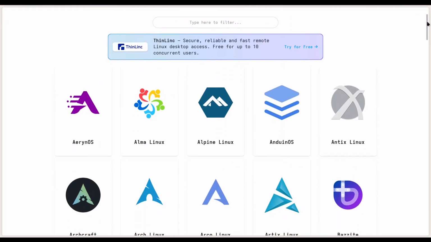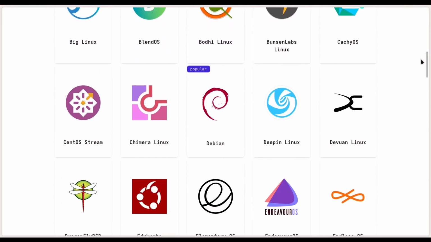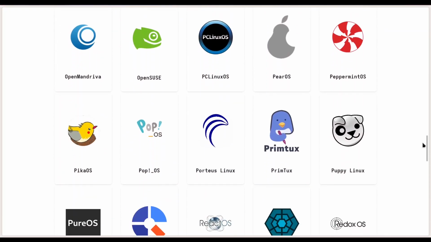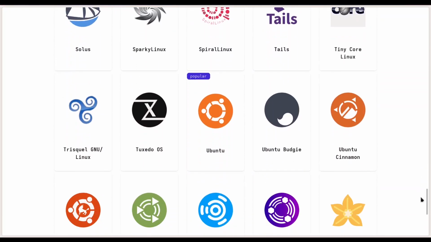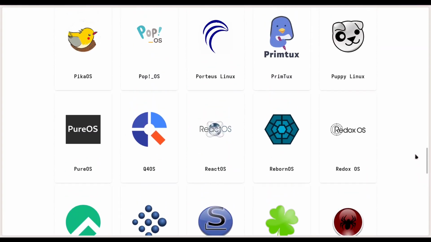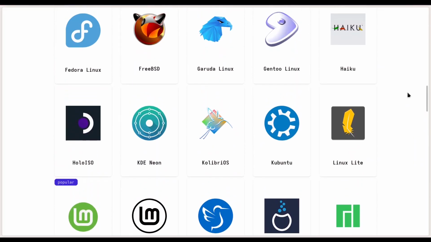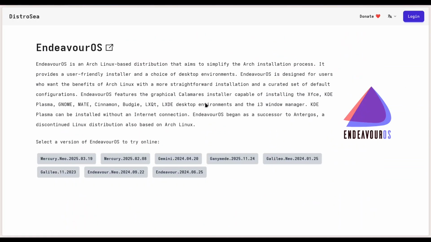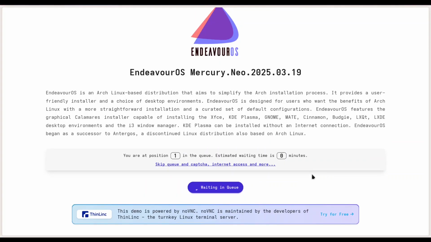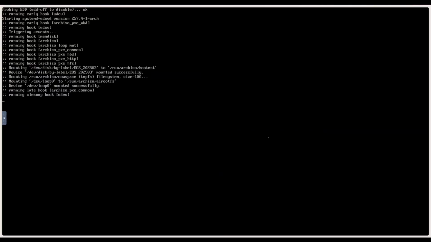Today we are going to talk about a very interesting service called DistroSea. If you have ever been curious about Linux distributions, but didn't want to go through the whole process of downloading ISO files, creating a bootable USB drive, or installing a new operating system on your computer, DistroSea offers a surprisingly simple solution. DistroSea is a web service that allows you to run and explore many different Linux distributions directly inside